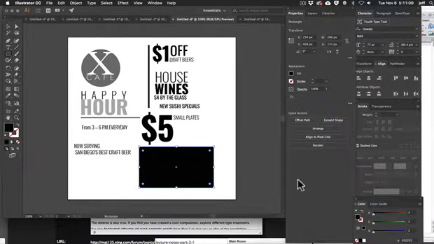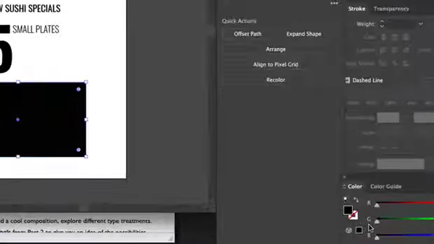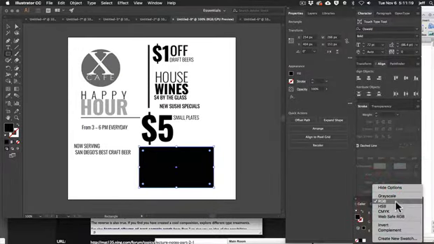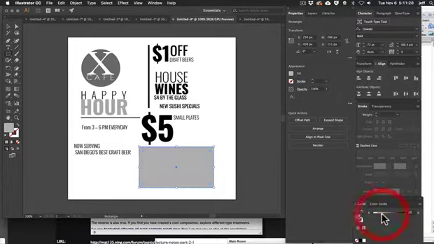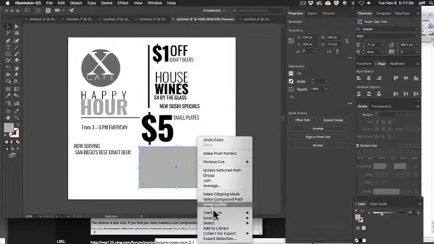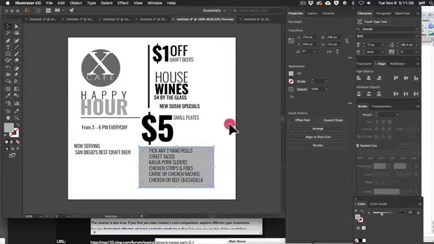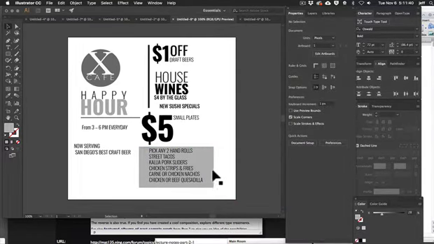And then I could go to my color. And remember with the color, we have RGB. Remember this down in here? Okay. And then you also have HSB. So I always suggest you use HSB. Or in our case, we can even just use grayscale because we're limited to gray. And then you could make it a light gray, for example. And then you could right click on it and say arrange, send it back, and then bingo. So you can do stuff like that if you want to, right? So you've got a lot of variables.